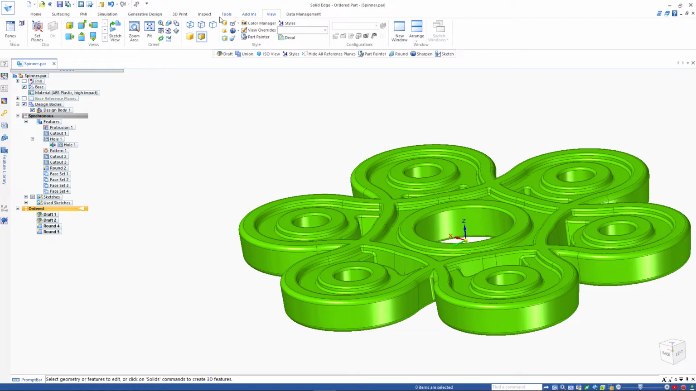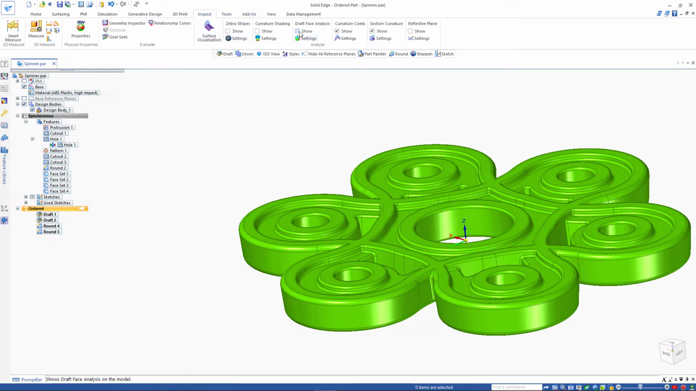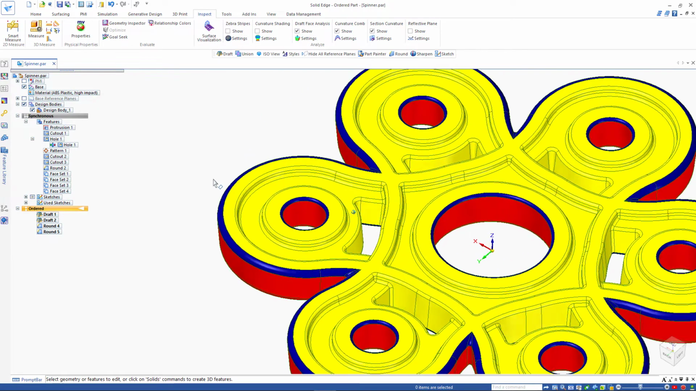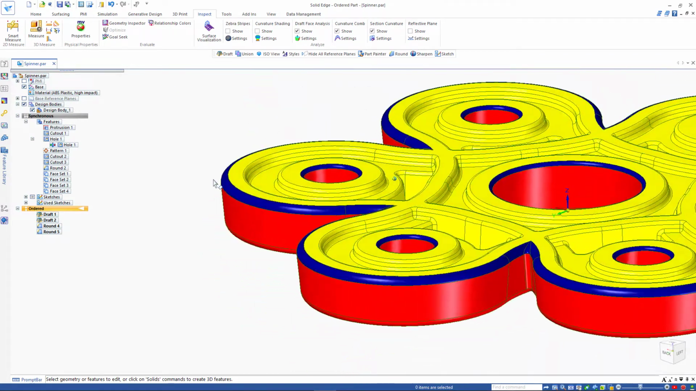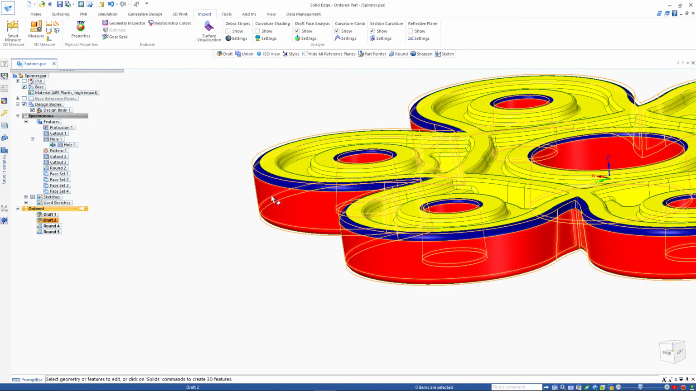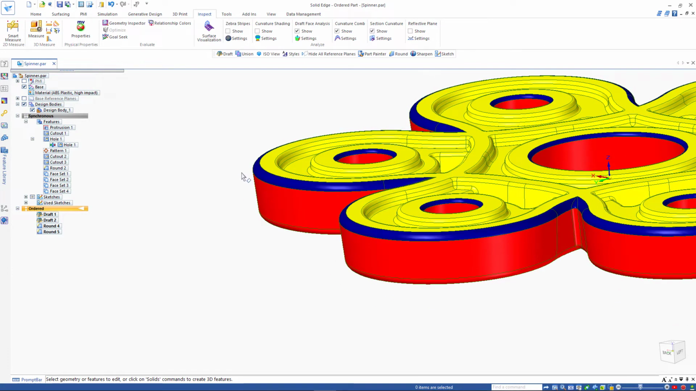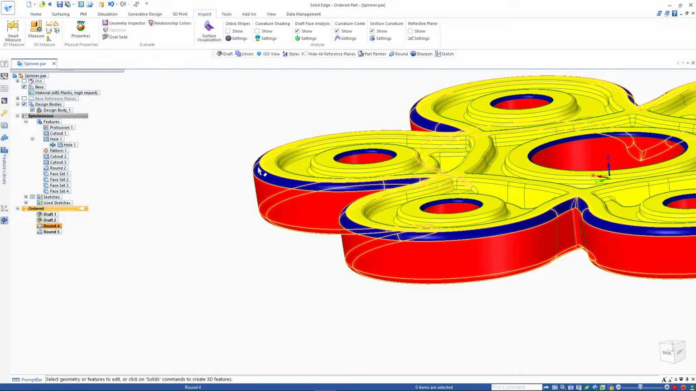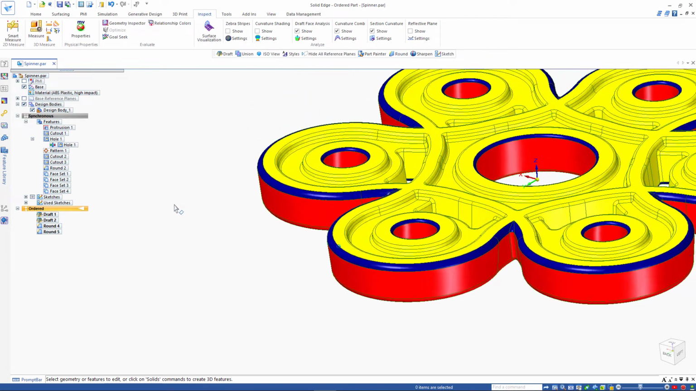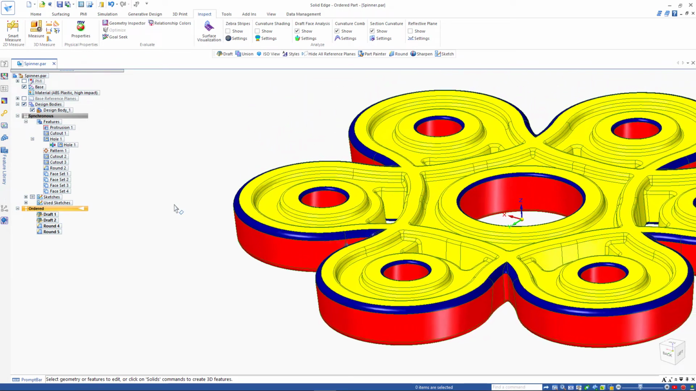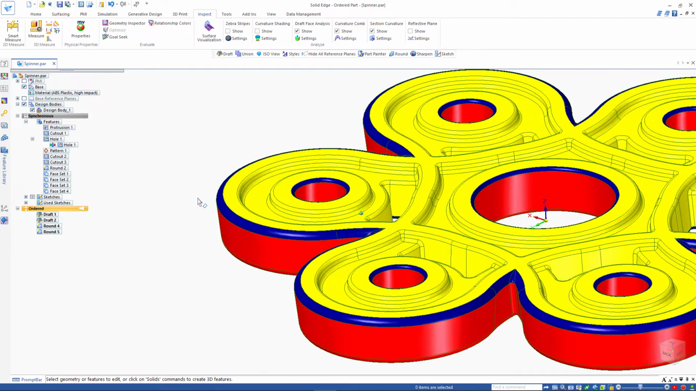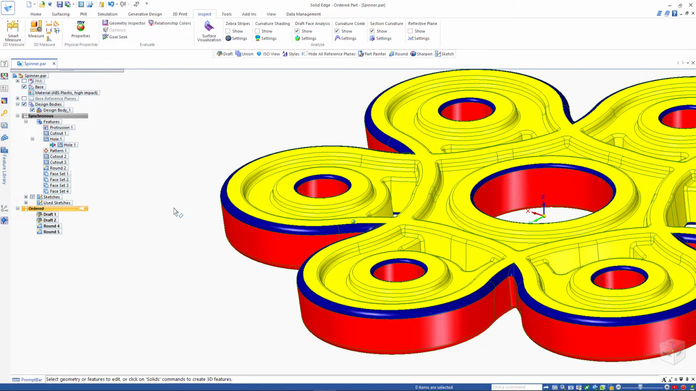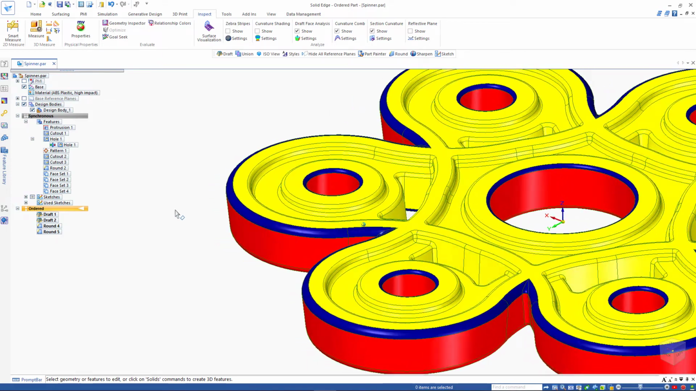And if I go to my Inspect tab and I turn on my draft face analysis, I can see that some of these faces are blue. Why are they blue? Well, that's a crossover face. You can see it's at the intersection of a negative draft and a positive draft. So at some point it's going from positive to negative. So those are crossover faces. You don't want to have crossover faces typically, because that makes it very difficult to find the parting line, or create the parting line. So what you want to do is you want to remove the rounds where there is